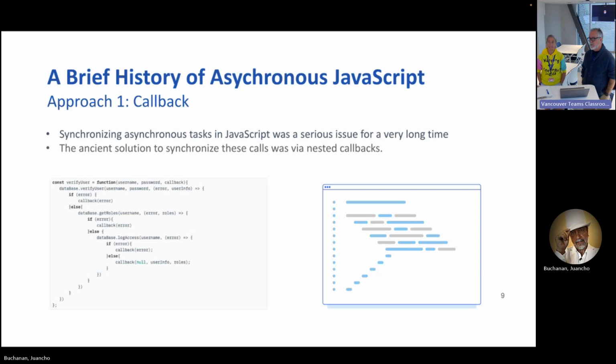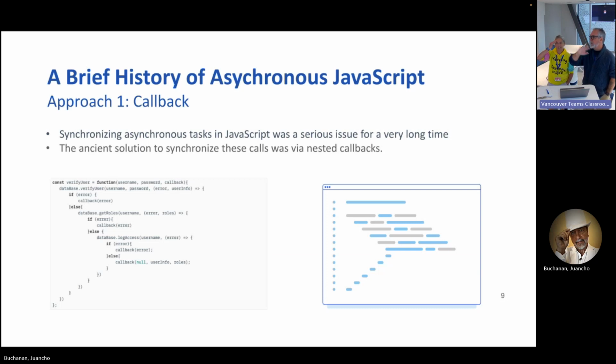Yeah. So in JavaScript originally, you basically had this thing, database verify user, and then you would pass in these callbacks. So it would be callback errors. So if an error occurs, you call back this error. So basically the database verify user would go and verify that the user and the password's okay. That would take time.